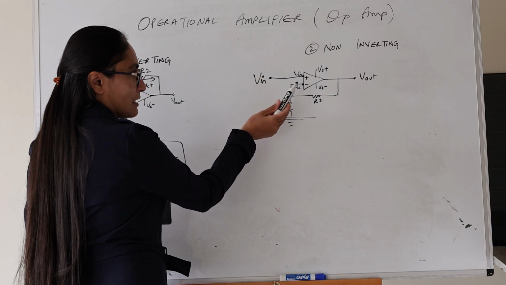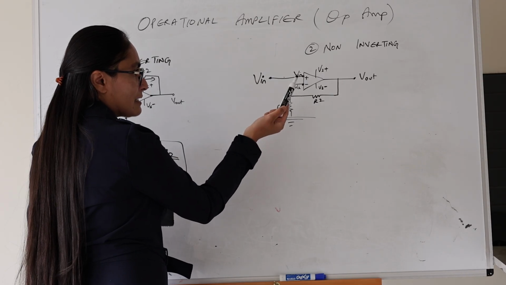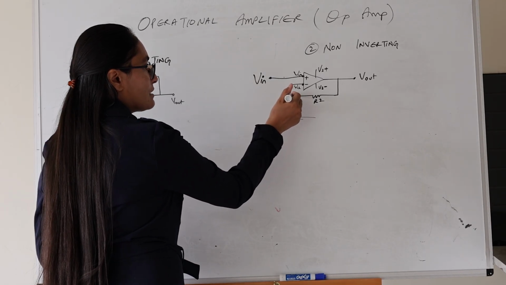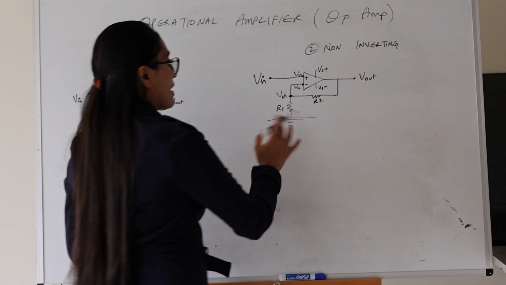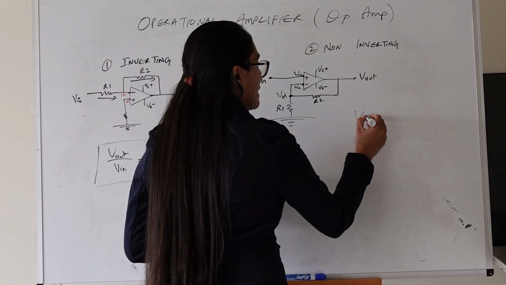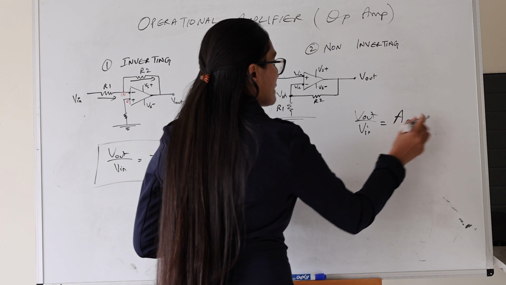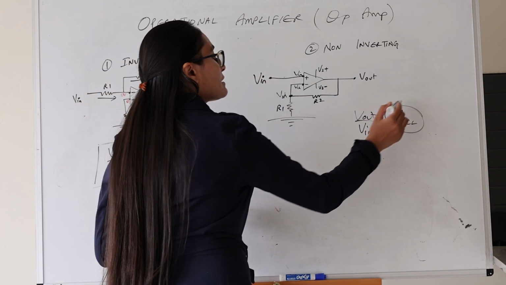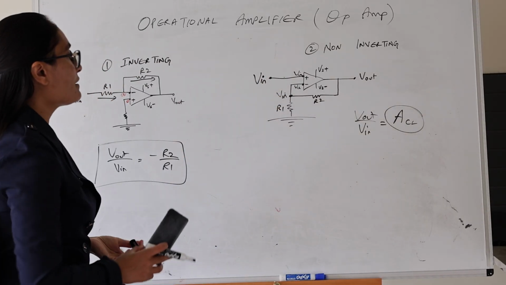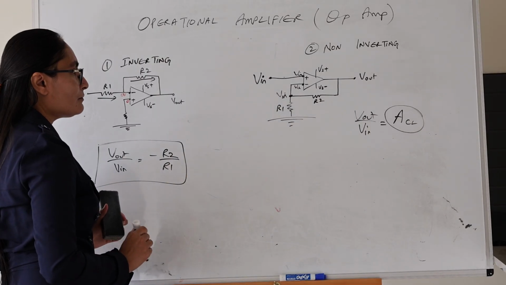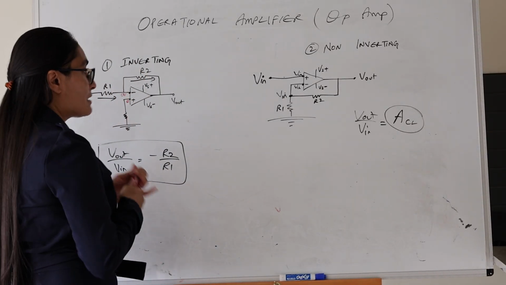And you can see this point and this point essentially has the same voltage because there is no resistor. So this is Vin at this point as well. And what we are after is Vout over Vin, some sort of gain. And we want to calculate this gain in terms of the elements that we have here, namely the resistors. So if you look at just this part of the circuit,